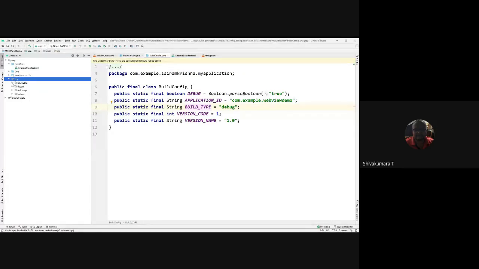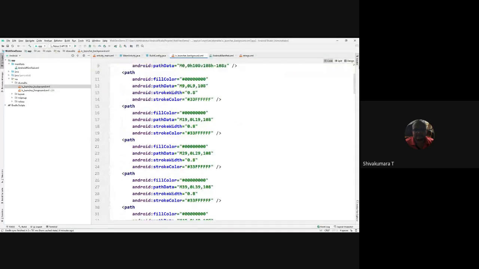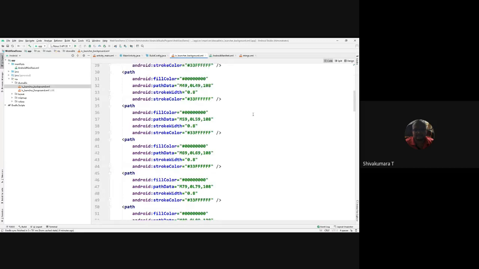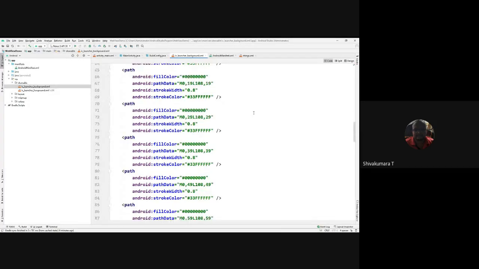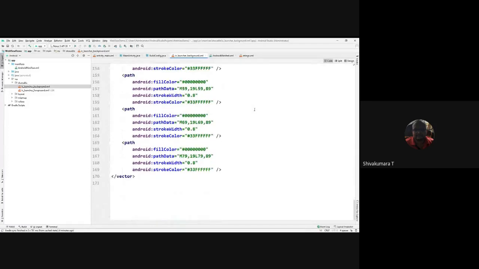One is the drawable folder. So in the drawable, the default icon launcher is present. You can see the default icon launcher in design mode. This is a default icon launcher image file which is mentioned in the XML file. So you can see the code, fill color, etc. It is mentioned here, right?